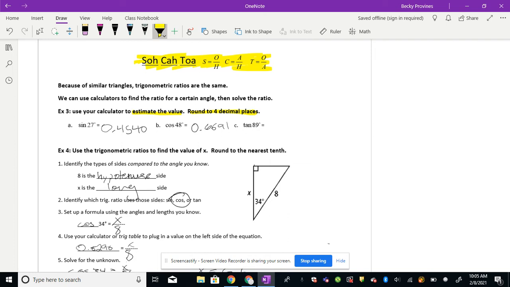In the top row, you'll see the words DEG, RAD, GRAD. Make sure that the DEG is highlighted. That stands for degrees. That is how we're going to be solving these. So if we type in sine of 27 into our calculators, we're going to get 0.4539905. We're just going to write that as 0.4540. Same thing if we do cosine of 48, we will get 0.6691. And then the tangent of 89 will give us